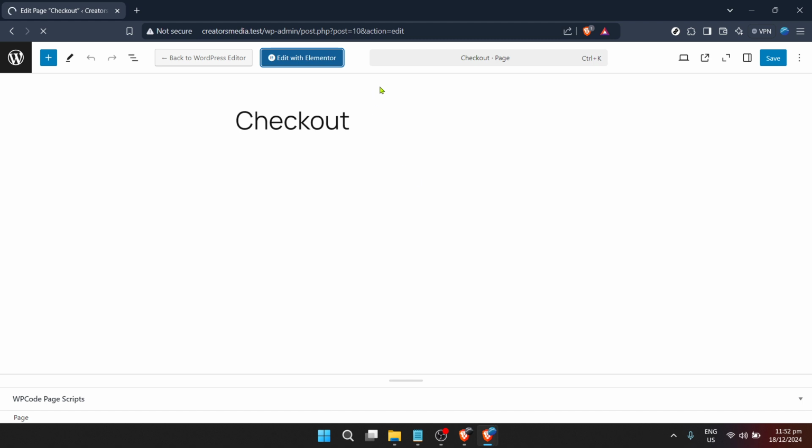Inside Elementor, you have the freedom to tailor the checkout page according to your needs and preferences. From adjusting column widths to changing button colors, you can do it all without any coding knowledge. Elementor's intuitive interface lets you select elements, drag them to your page, and customize them in real time. You can add new sections like testimonials or security badges to reassure your customers and inspire confidence in your checkout process.